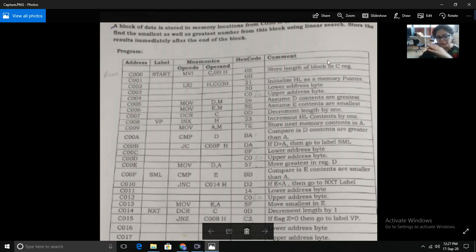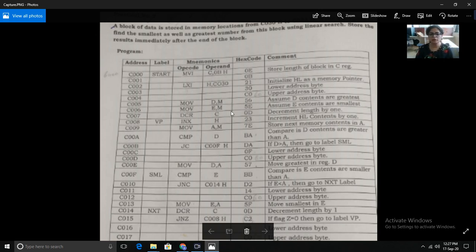We have to repeat the process until the list completes. Next instruction is MOV E, M. Assume the contents of E are smallest. So we are assuming D as greatest and E as smallest. 56 is the hex code of the MOV D instruction and 5E is the hex code of the MOV E instruction.